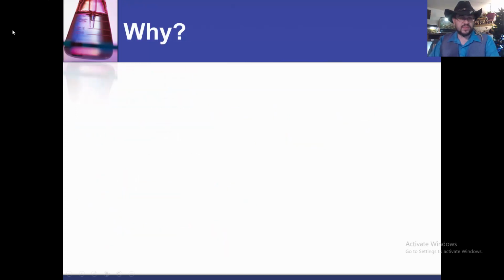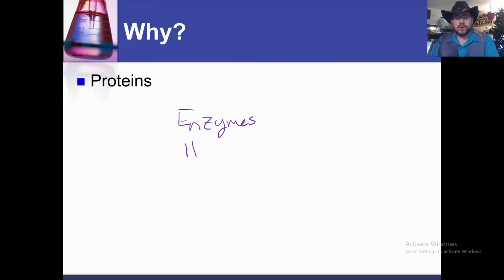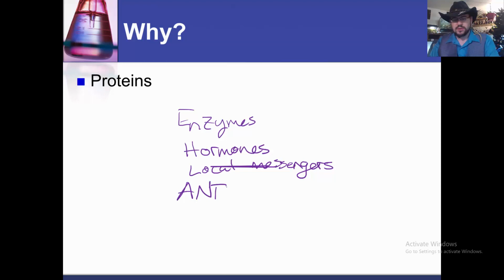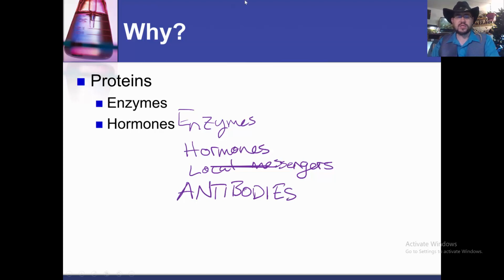So why do we go through all of this? The whole point is to construct proteins. If you'll recall, way back when we talked about macromolecules, proteins serve a lot of important roles. They're enzymes, they're hormones, they're local messengers that can be released by one cell to tell another cell what to do. They are antibodies; a huge component of your immune system is proteins. So proteins have a large number of different functions that make them incredibly important to the biological system. Heck, just enzymes alone